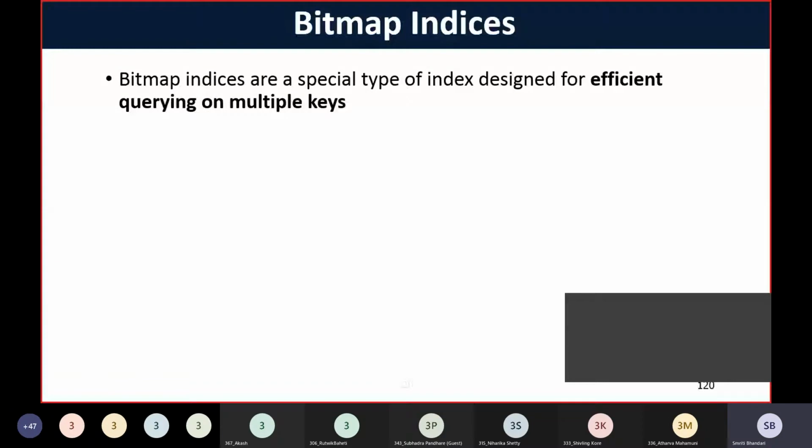or when we should go for this bitmap index: if we want to query on multiple keys. We have gone through this concept earlier, what we mean by multiple keys. Say for example, we are having a statement like select star from